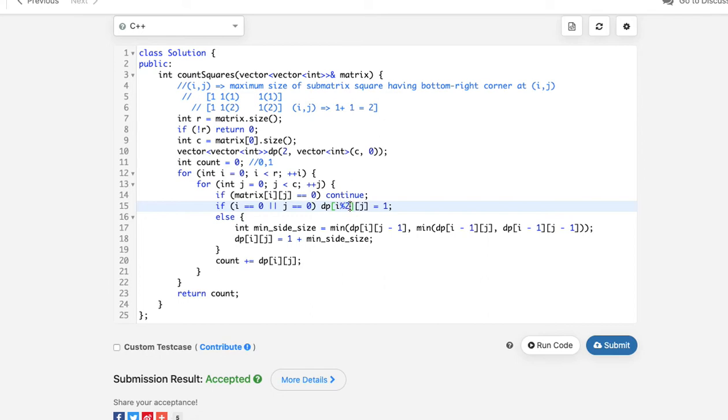So if i modulus 2 is 0, that means it is an even number, and for an even number we are putting in the 0th index. So we can do simply i modulus 2,